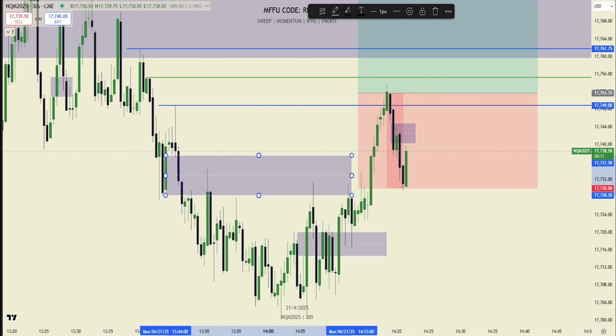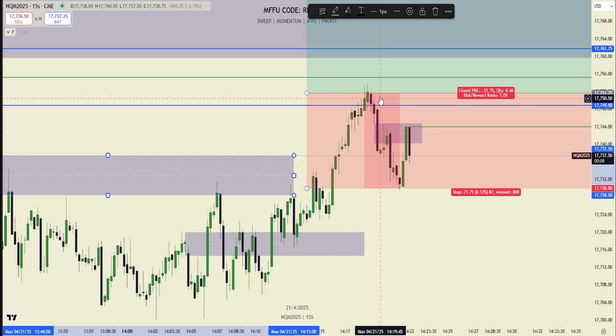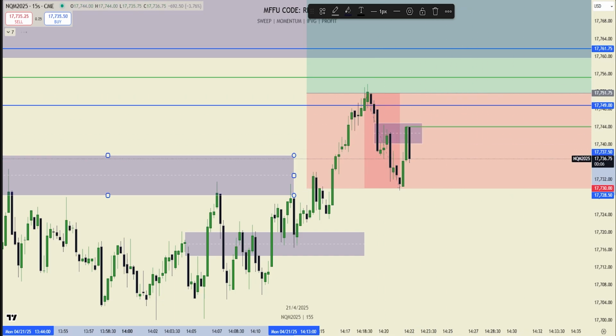We have a 30-second back up here. If this is just like a 2022, this would be a potential re-entry from the original long. But I'm not going to take it because it's not really the model. It's not super obvious, so I don't know. We'll see. This just doesn't feel like great PA still.